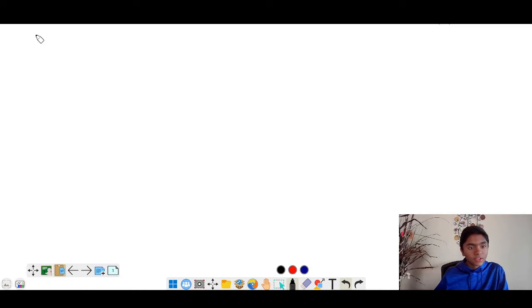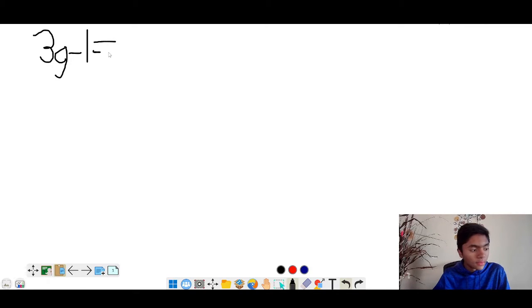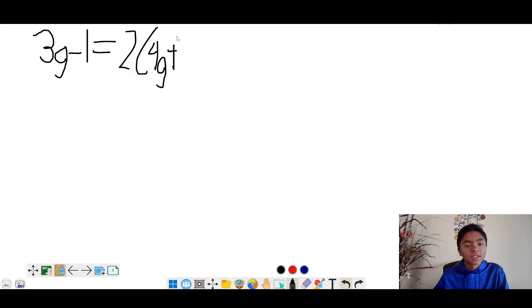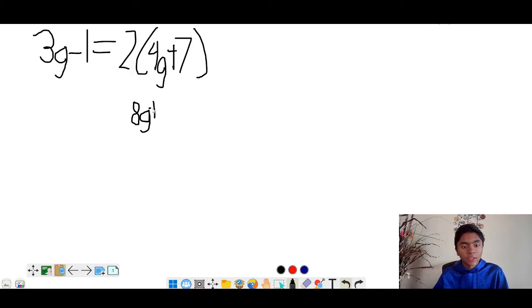First, let's do some equations. So let's do 3g minus 1 is equal to 2 times (4g plus 7), close parentheses. So our first step is just to distribute out the 2. So we're going to do 2 times 4g, which will give us 8g, and then 2 times plus 7, so that's a plus 14, and this is equal to 3g